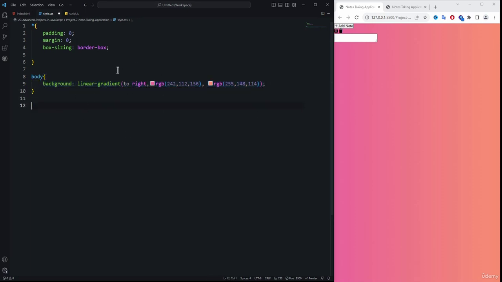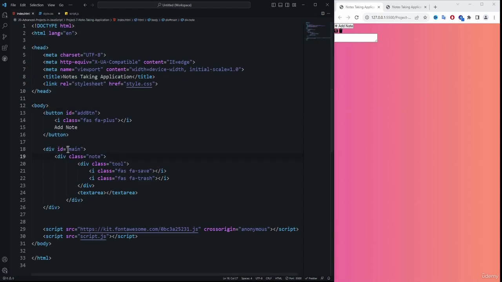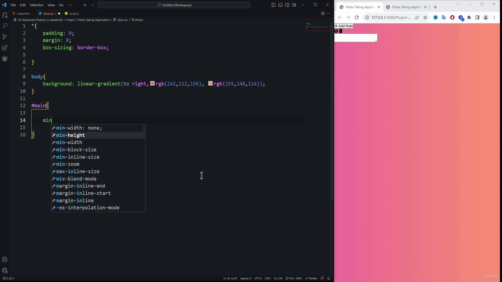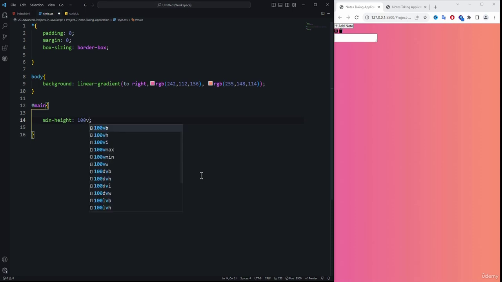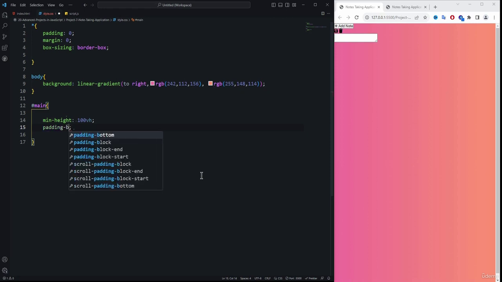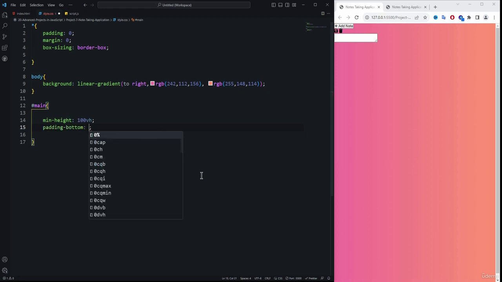Now it's time to select the main, which is the main container. So if I come back to the HTML, here you can see this is the main. I have specified the ID here. So we need to use the hash symbol because it is an ID selector. Then we need to start its block of code. And inside of the main, first I need to provide the minimum height. So minimum height is going to be 100vh. Alright. And then we need to provide the padding. So padding from bottom, because I want padding from bottom, that is this one. So if I just provide here 50 pixels, which is a padding from bottom,